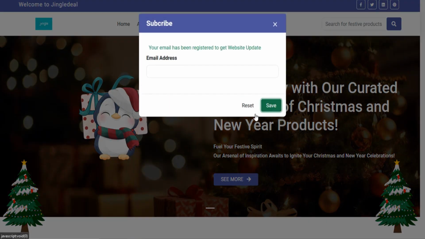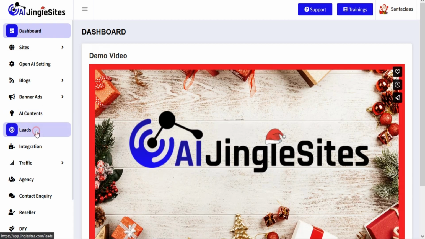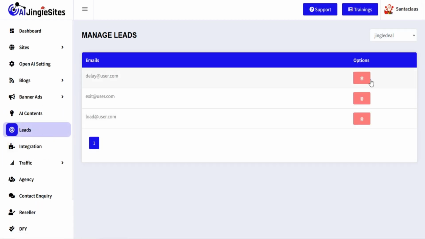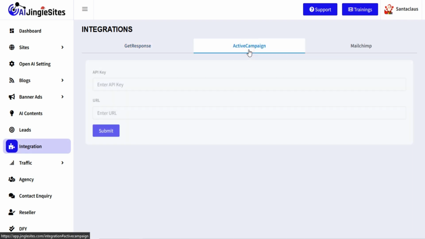You can get leads from the site by using this pop-up option. All of your generated leads show in Leads section. Your leads will also added an autoresponder when you integrate any autoresponder in Automation section. You can manage your leads via GetResponse, ActiveCampaign,